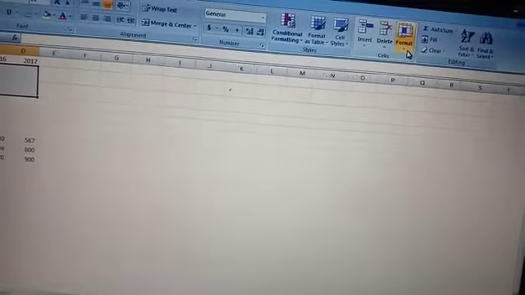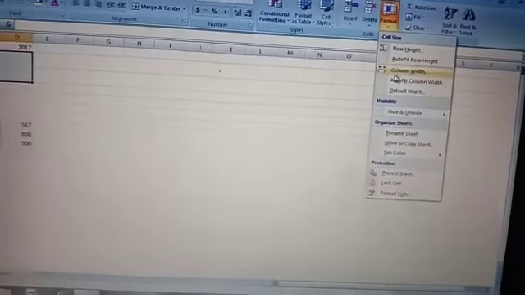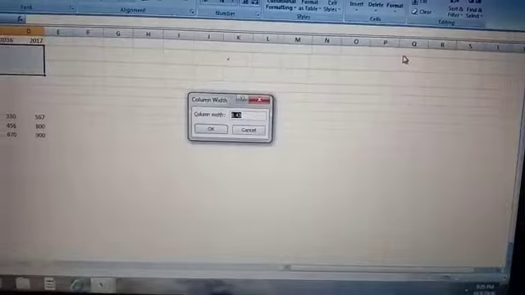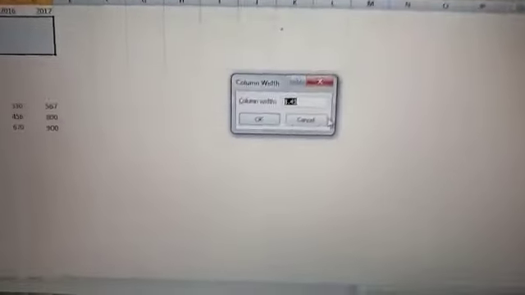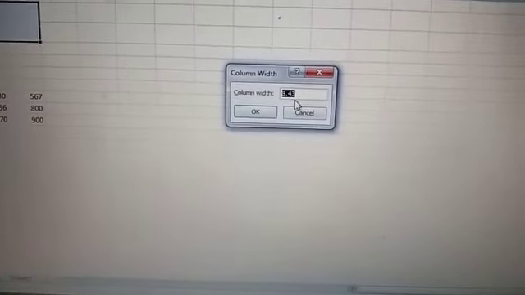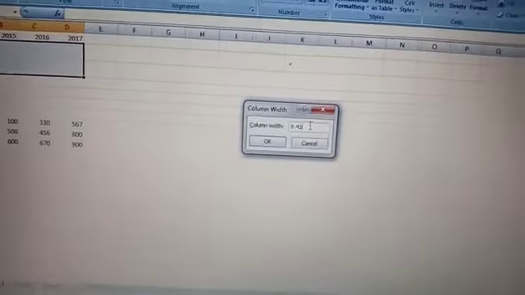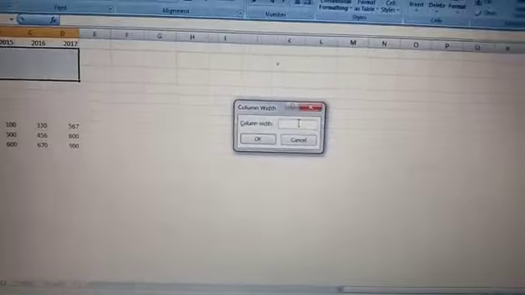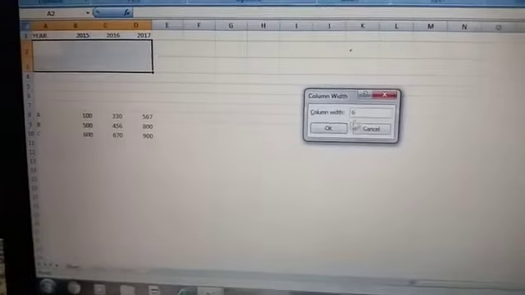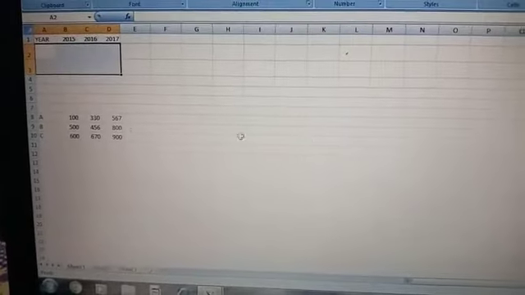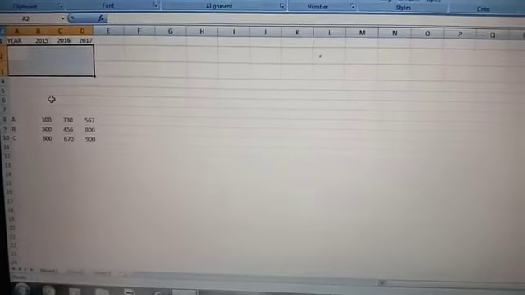Now see, for column width, suppose here we have 3.43. Here you can change the value. You can make it 6. Okay, and your column gets shorter.